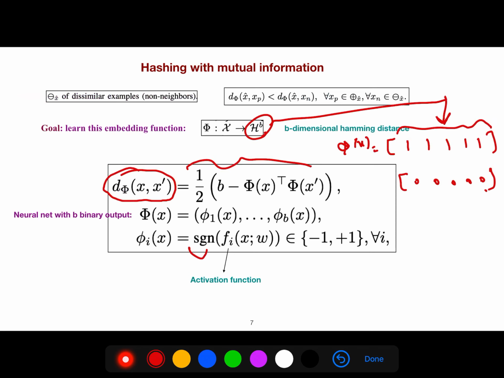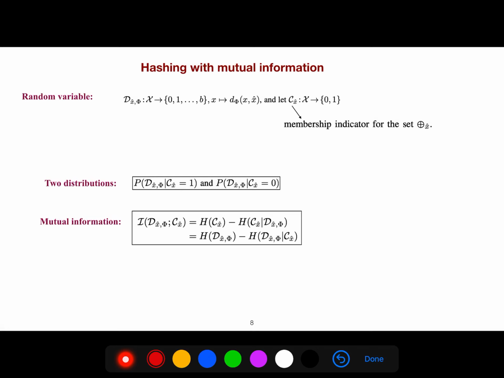And as I said, this activation function, we have a sign to make it binary, and of course phi is your activation function. And so we have the random variable x hat, because for any x hat, when they apply it for x, it becomes something else. For example, this becomes 3. If you apply it to x prime, it becomes 4. And so the probability that, given your membership indicator, for example, given that it belongs to neighborhoods and not